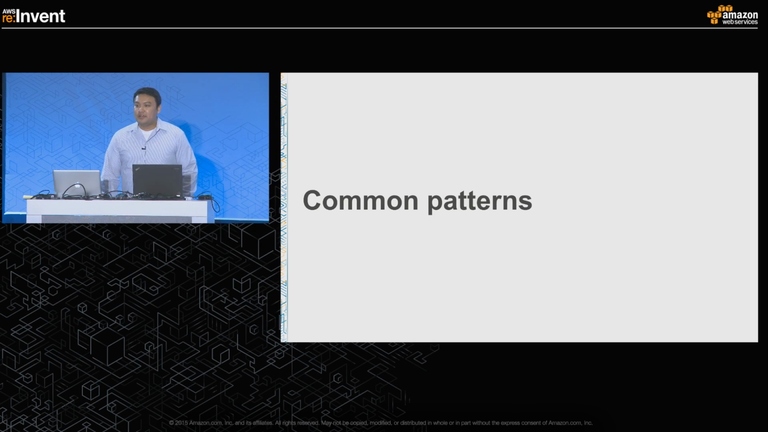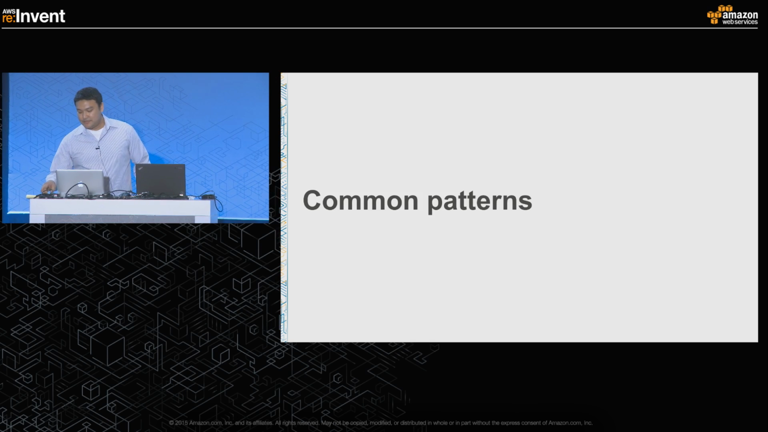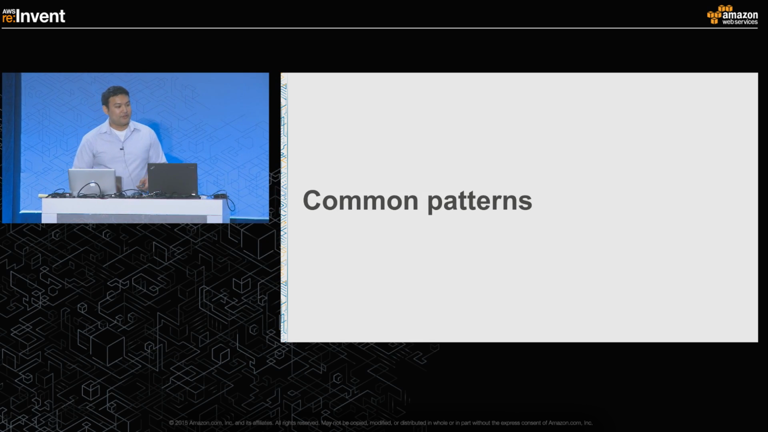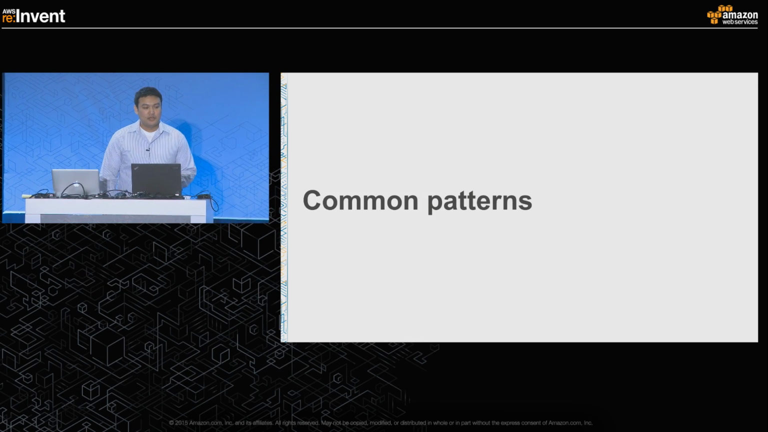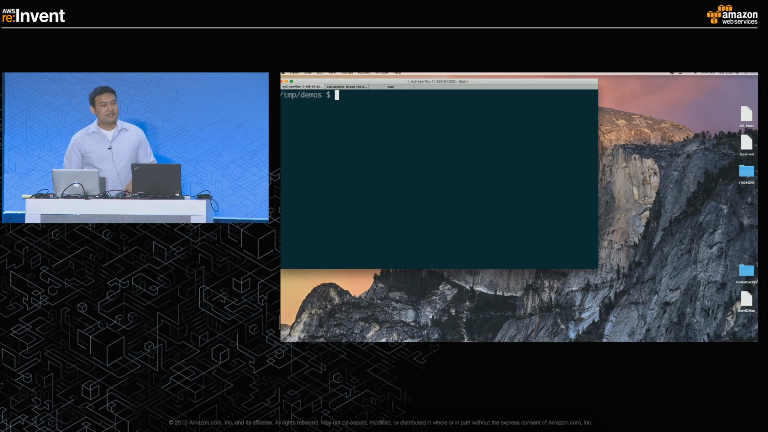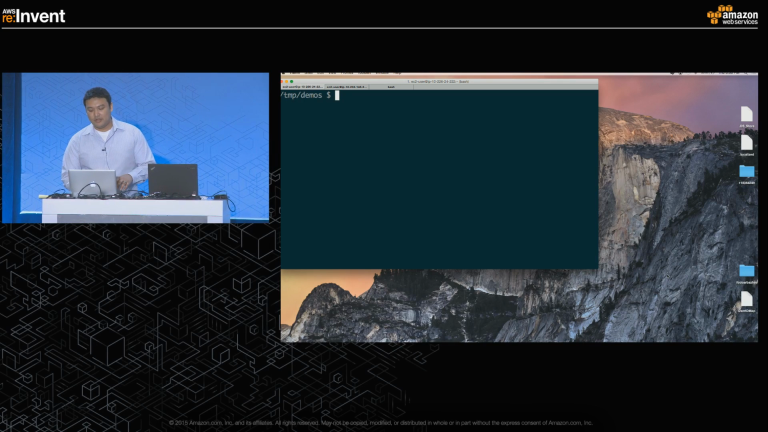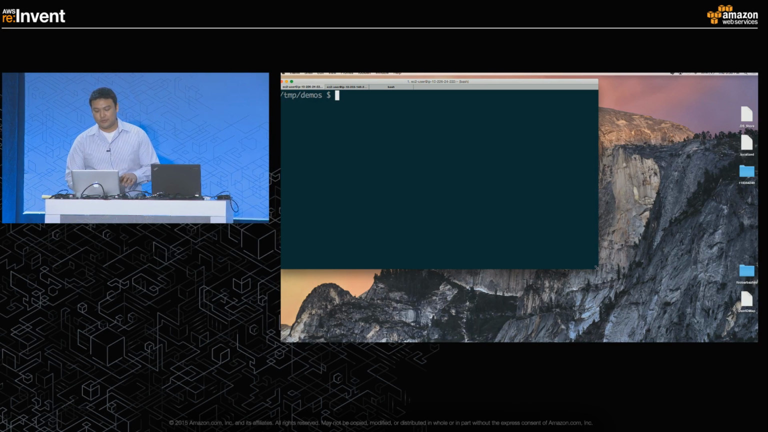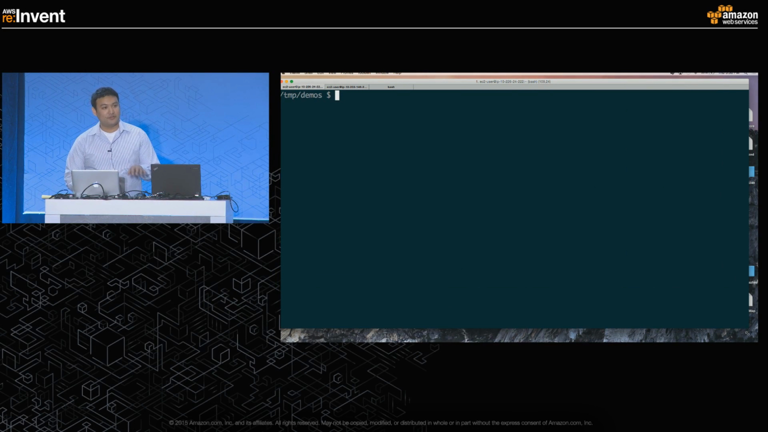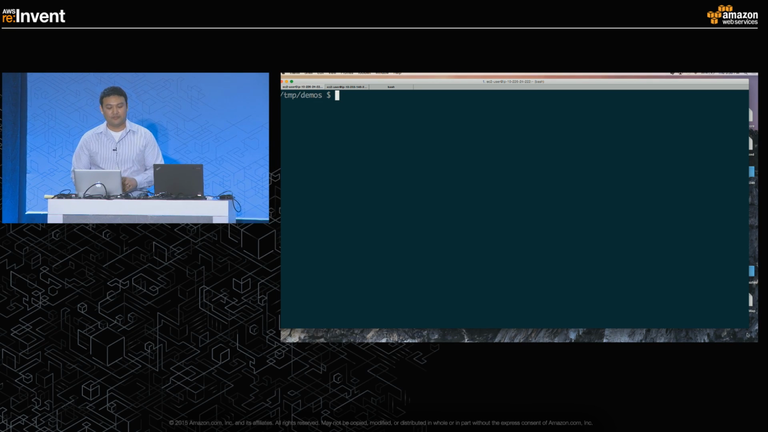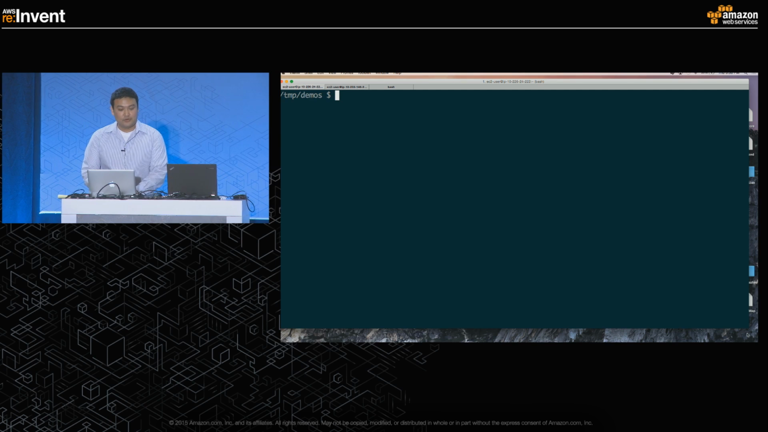OK, so now I want to cover some common patterns here. And before we do that, I want to have a quick refresher on some of the CLI basics. So I'm not going to go over a lot of the CLI. I just want to go over the key features we're going to be using throughout this talk so that if you're new to the CLI, you can still follow. Or if you haven't seen these features in a while, it's just a quick refresher. So the two big ones that we're going to use